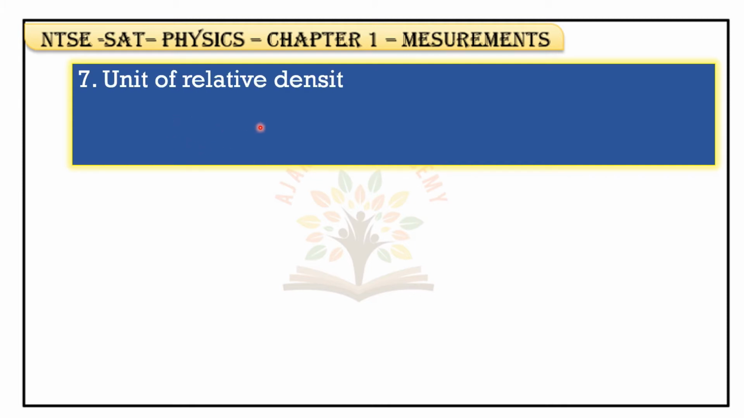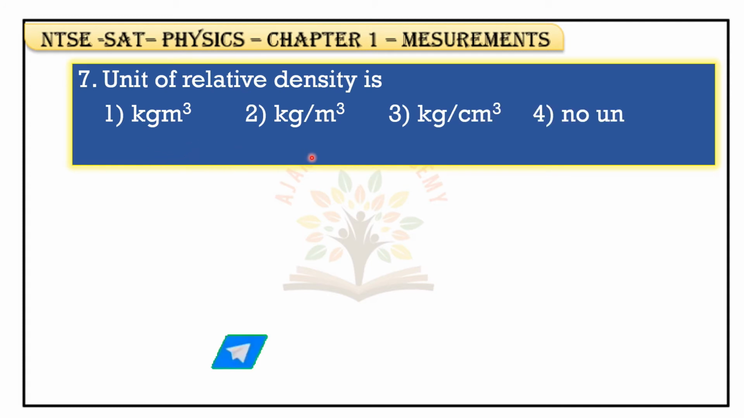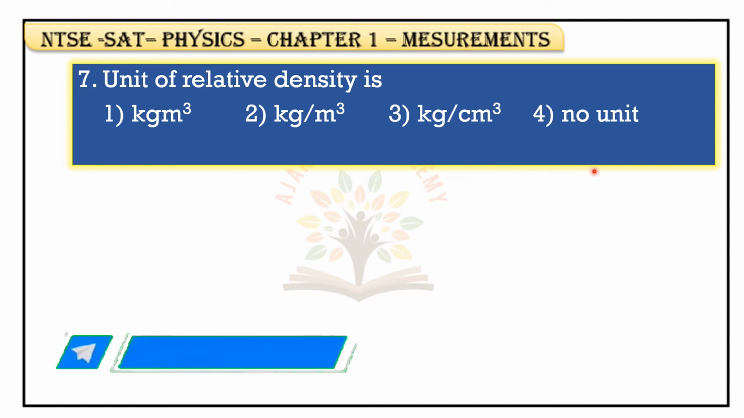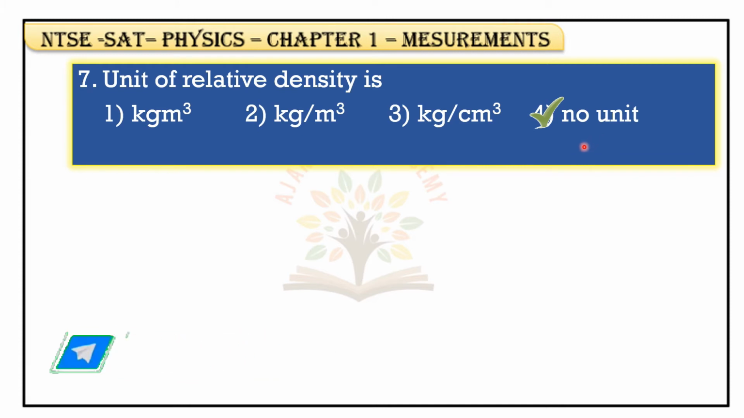Unit of relative density is kilogram meter cube, kilogram per meter cube, kilogram per centimeter cube, no units. Relative density has no units because it is a pure ratio. Okay, fourth option is correct. Next,